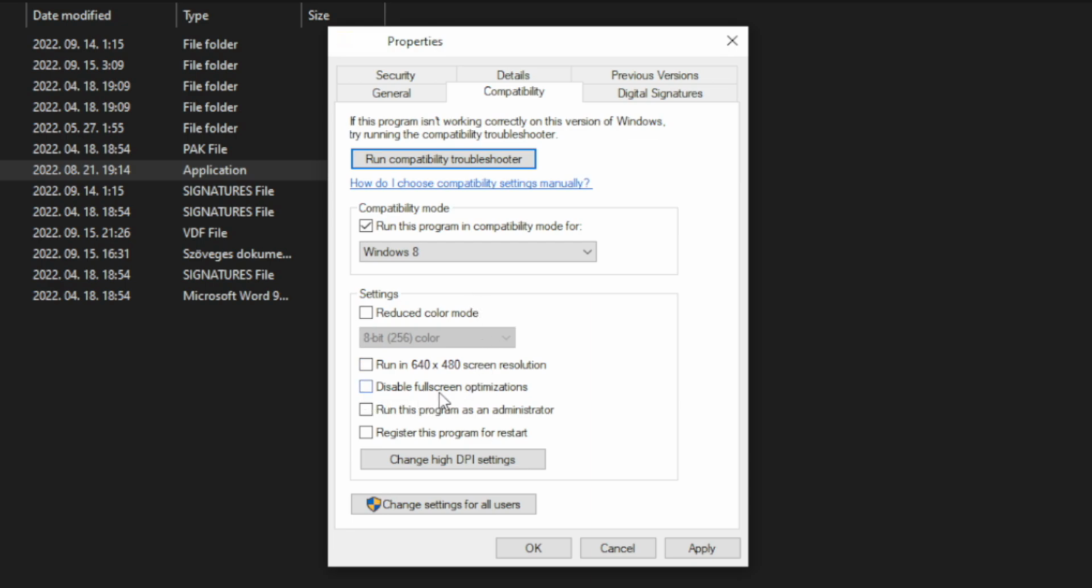Check Disable Full Screen Optimizations. Check Run this program as an administrator. Apply and OK. Try to play game. If that didn't work,